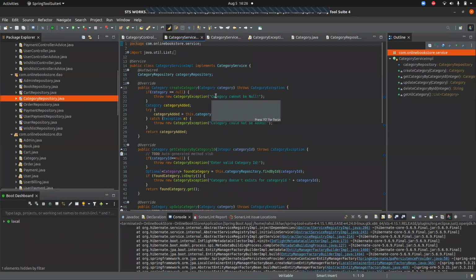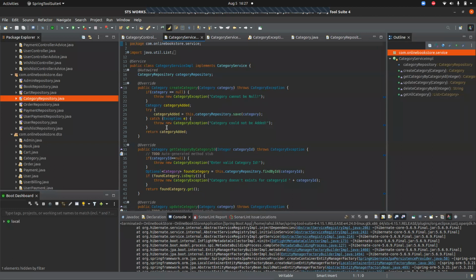Yeah, this is the service one. So first of all, the category service goes as flow. I've used try catch exceptions. If there is an exception, a message is shown that the category cannot be added. In this, if we are trying to add a category in the first one, the category is added.